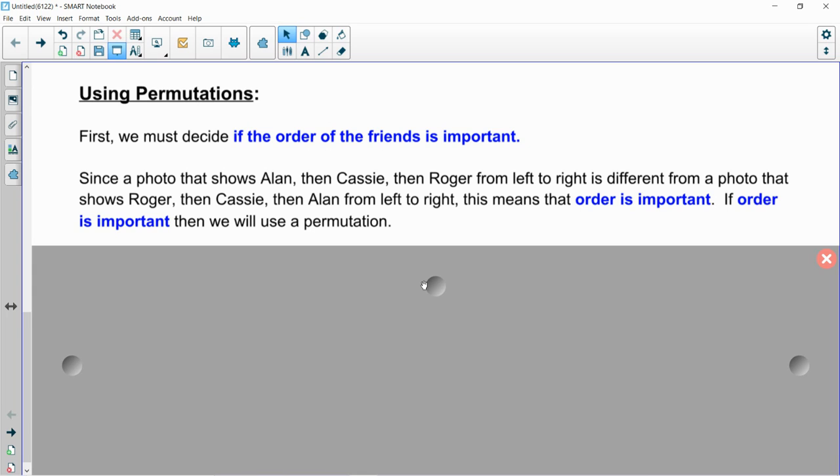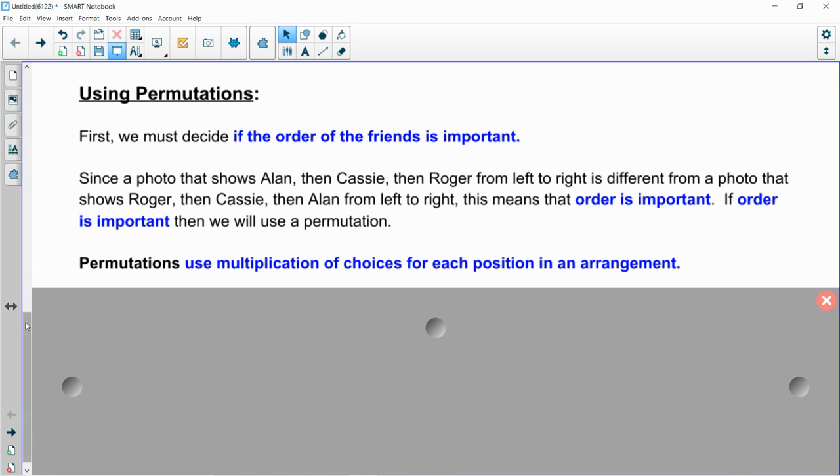If we have a photo that shows Alan, then Cassie, then Roger from left to right, it's different than a photo that shows Roger, then Cassie, then Alan from left to right. Same 3 people, but a different order. It changes the photograph. So that tells us the order is important. So now we know we're going to use a permutation. So with that said,